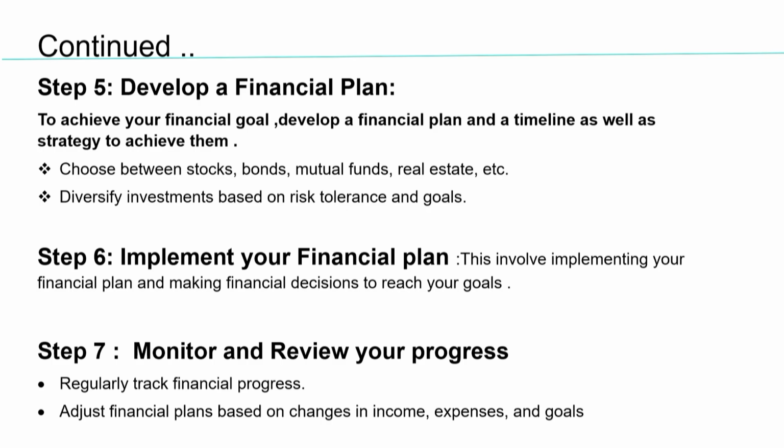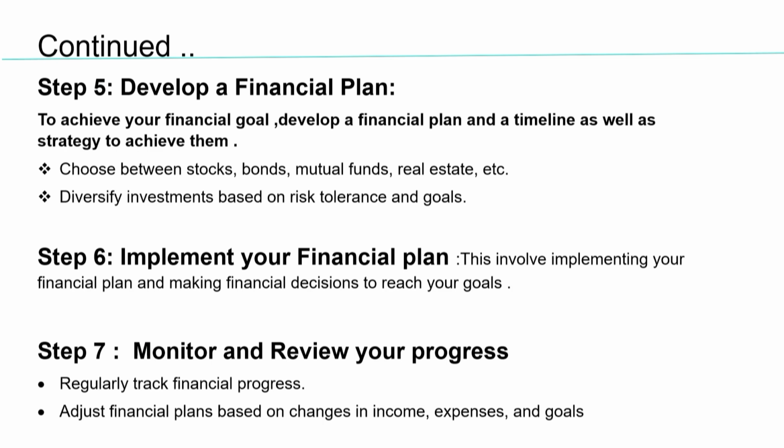So we need to invest into the investment avenues and follow a rule of 50, 30 and 20 ratio to make our financial future more secure and sound. In the next step, we need to monitor and review the progress of our financial plan. So regular tracking of financial records will help us to analyze whether the financial plan is working well for us or not,